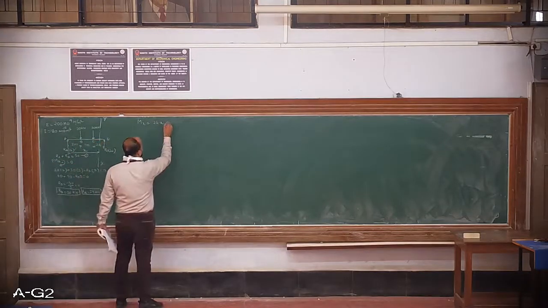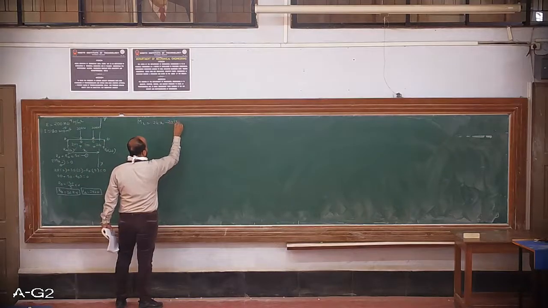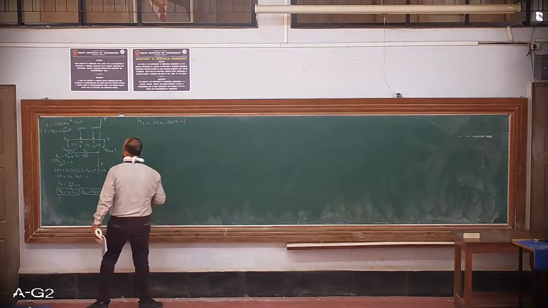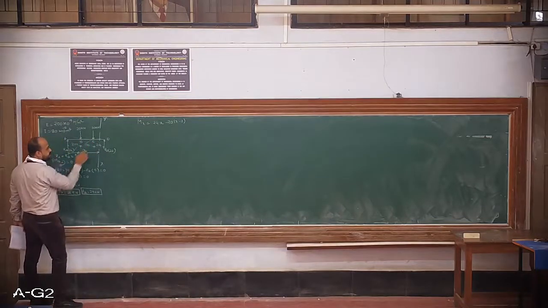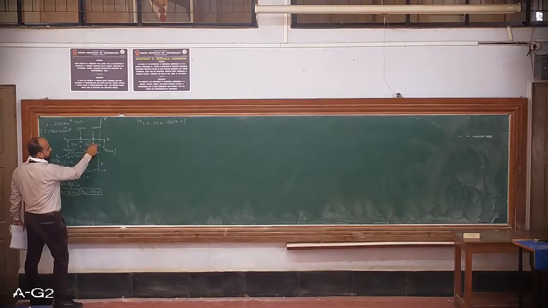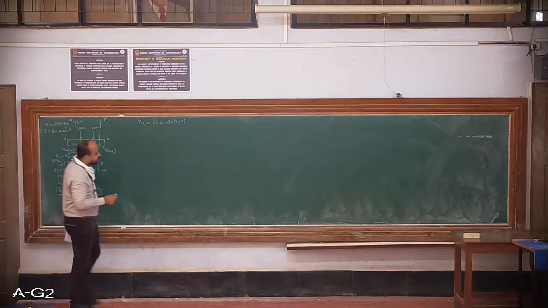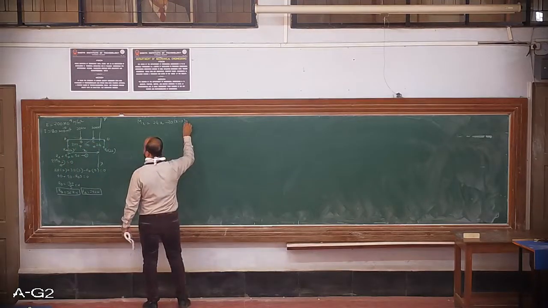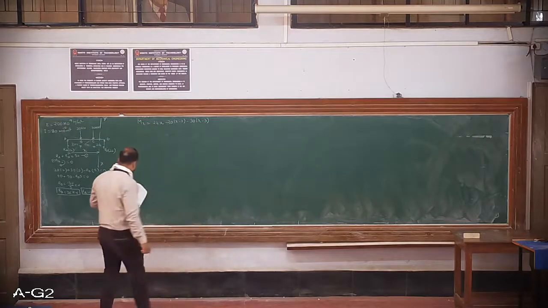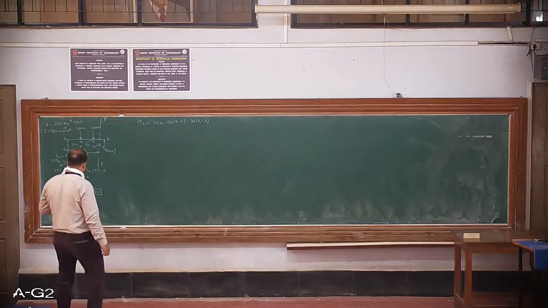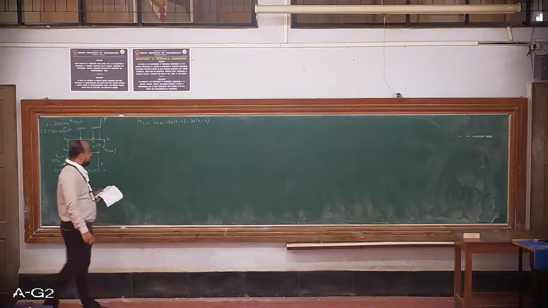So minus 20 into x minus 2. Similarly, this 30 will also try to bend the beam like this. That is hogging. Only upward will be positive. Hogging. So again, total is x minus, I should leave this distance, that is 3. You can revise the previous unit. 30 into x minus 3. This is what we will get: 24 into x minus 20 into x minus 2 minus 30 into x minus 3.